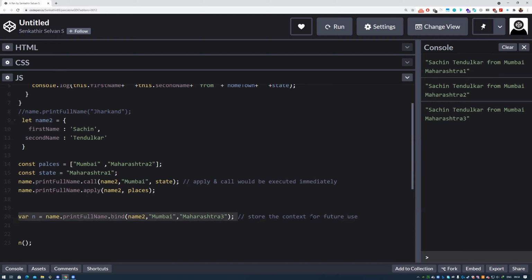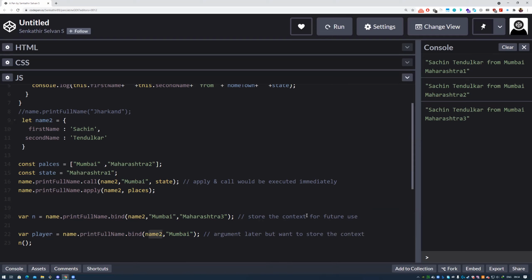Another useful thing: let's say player, and name to. Maybe I want to give the argument later, but want to store the context, the context being name to.